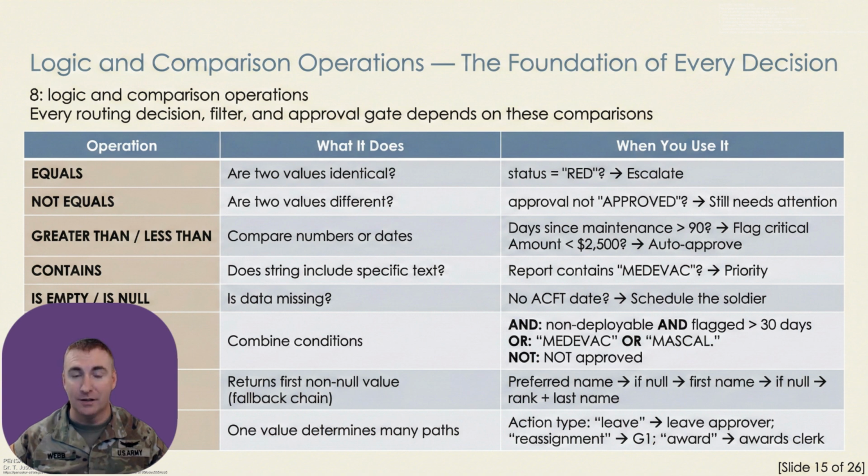Every routing decision, every filter, every approval gate runs on these. Equals, not equals, greater than, less than, contains, is null, and, or, and not combine conditions. Coalesce gives you a fallback chain. Try the preferred name. If no, try the first name. If no, use rank plus last name. Switch routes one value down multiple paths. 8 logic operations. The total vocabulary is now 42 operations across 4 categories, which brings us to how they all